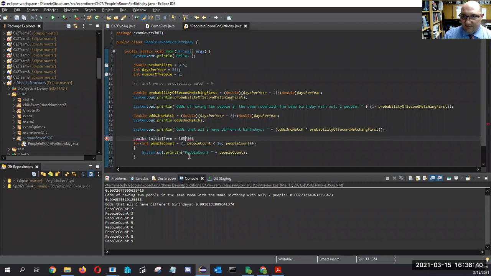Oh, I see. Right, because that's the odds that the first person, okay, and so when people count equals 2, it's going, okay,